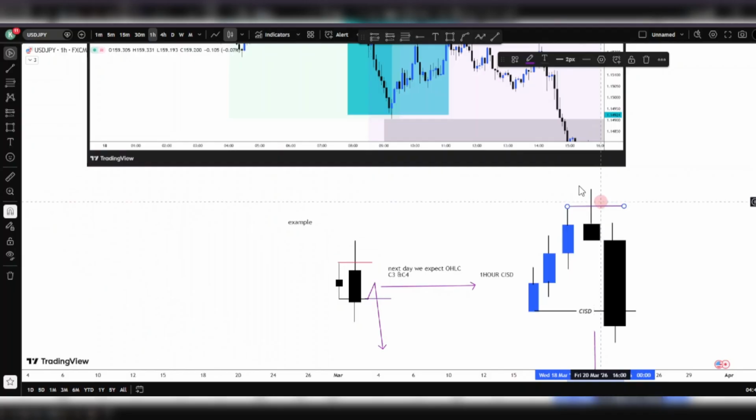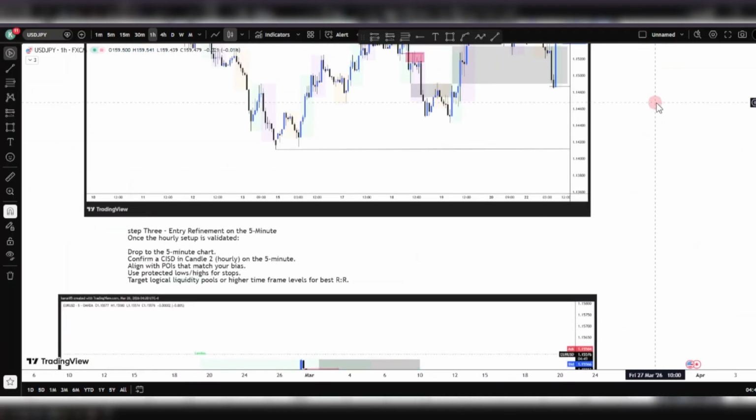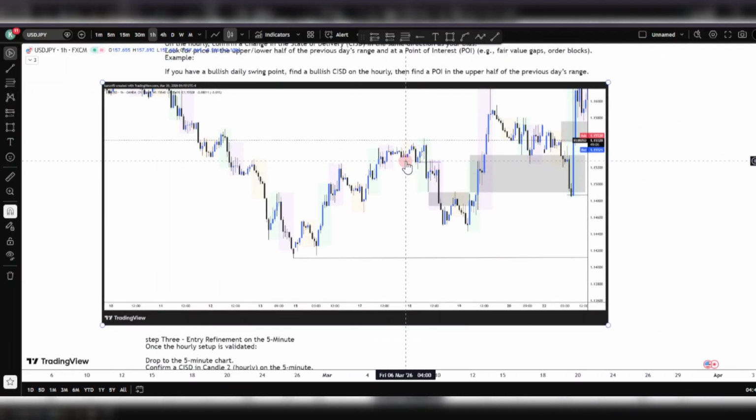And this is one mistake that we make. We don't wait for a liquidity sweep to occur. For example, in this example here in 1 hour, look at this. We had our first change in state of delivery at this point, but this was not valid because we didn't sweep any highs. So we didn't have any liquidity sweep, and you can see we were leaving relatively equal highs here,